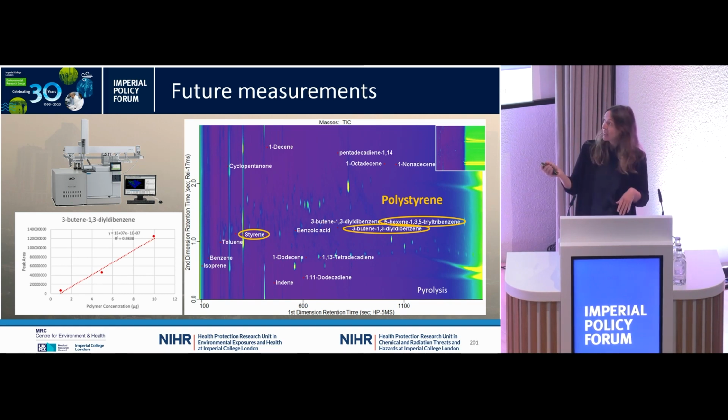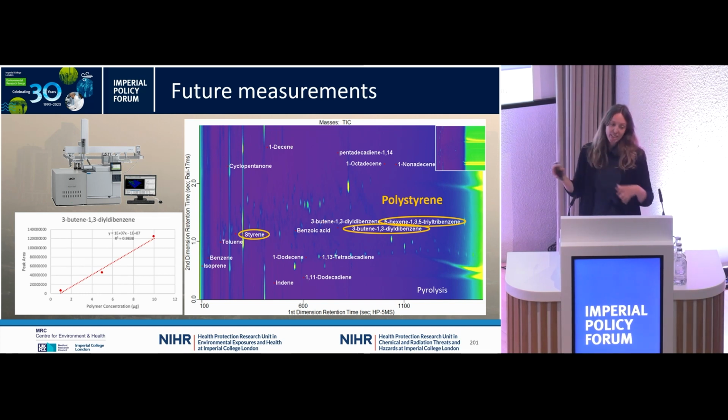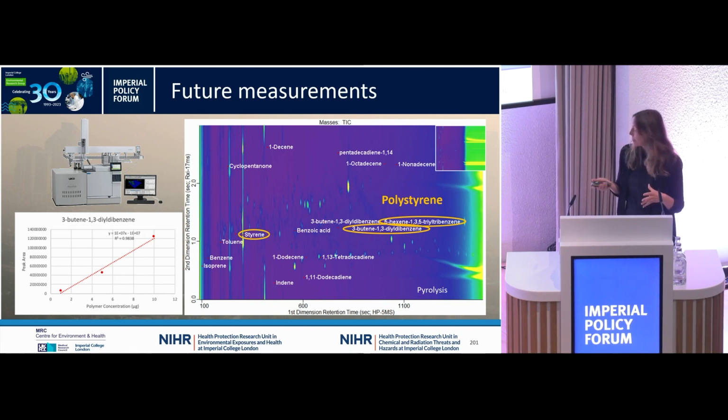And so then we've been busy working on how we would lead to a quantitative method. We really need the aid of calibration curves. And so we've done a lot of work to optimize dissolving plastics in different solvents, creating these calibration curves. And so now we can derive concentration estimates as well for these samples.